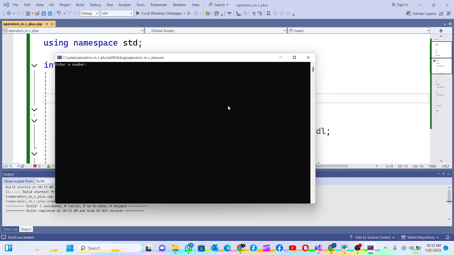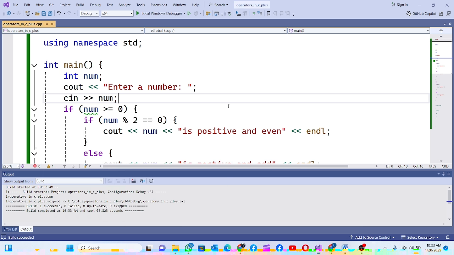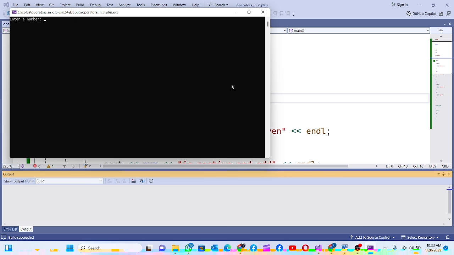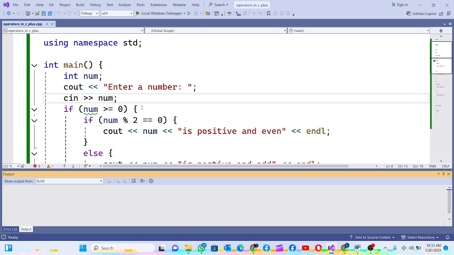So if I enter 25, 25 is odd, but it's positive. What if somebody enters, let's say 3.5? It takes just 3, you see. So the 0.5 is also, so we're supposed to do, we can do